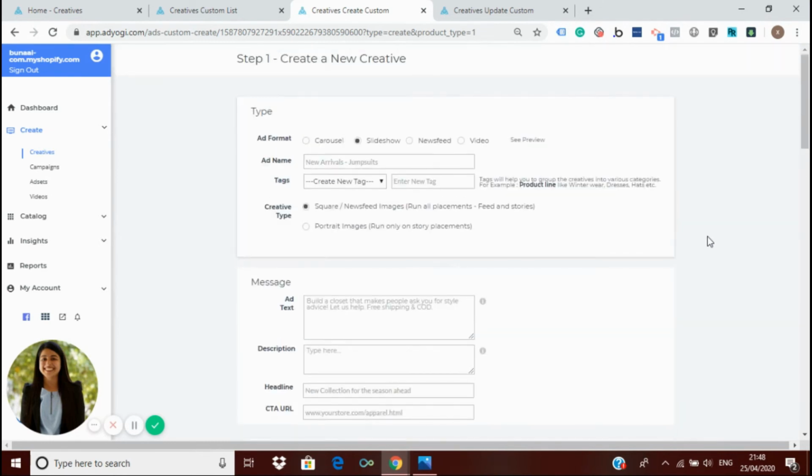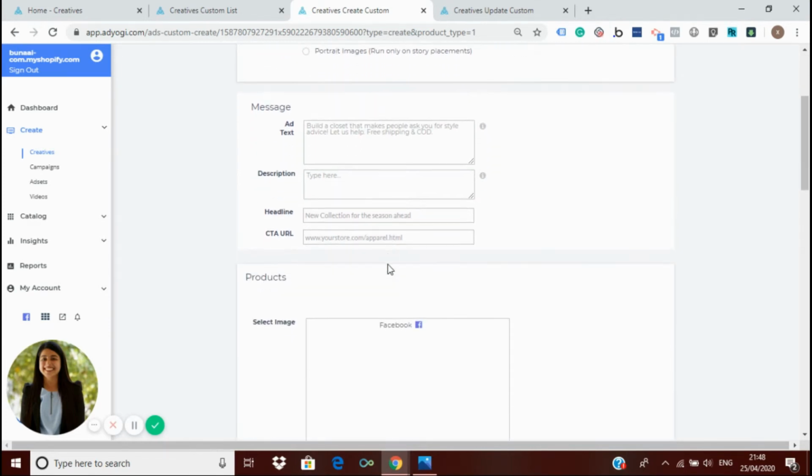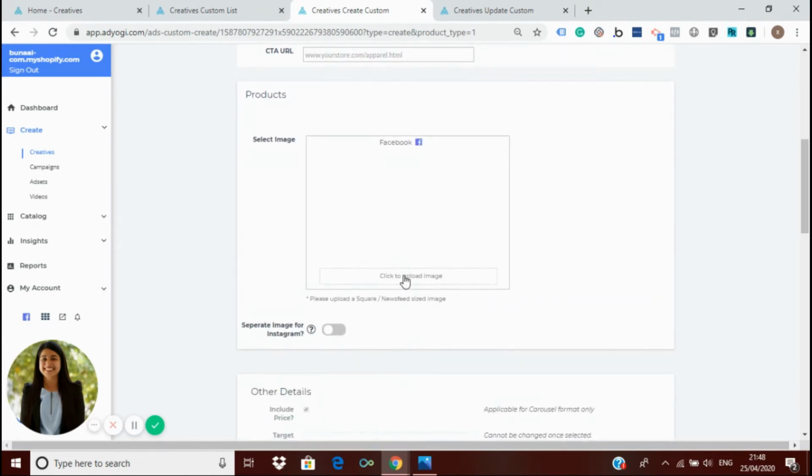Next we will see how to create newsfeed ads. Everything is the same here. Just here you have to upload a newsfeed image of a different dimension, which I told you earlier.